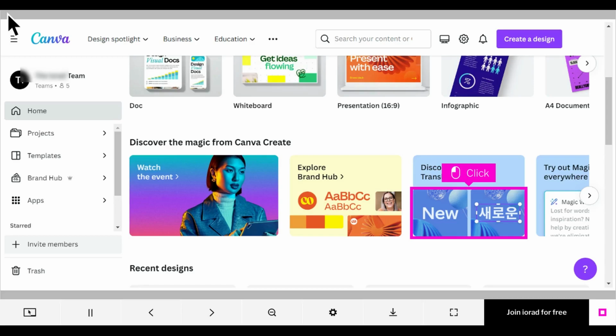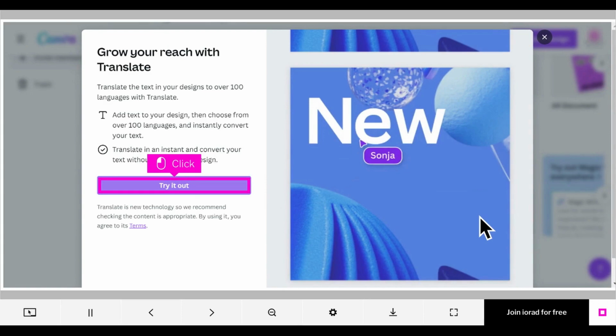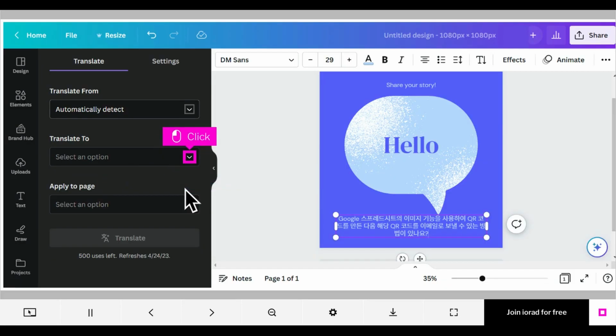The first step is to open Canva and click Discover Translate. If this window appears, simply click Try it out. With a text box selected that you want to translate, you can default to automatically detect under Translate From, or